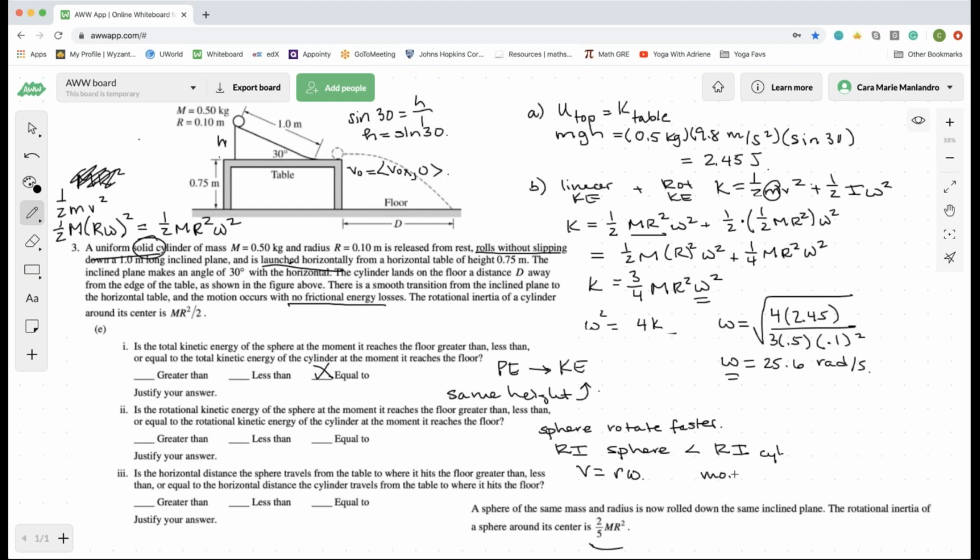And therefore we're going to have more linear kinetic energy, because of this. And then because the total kinetic energy is the same, that means that my rotational one has to be less, because K is equal to linear plus rotation. So if this is the same and this goes up, this must go down. Everybody done with that? That's how I had to think about that, which is not easy logic.